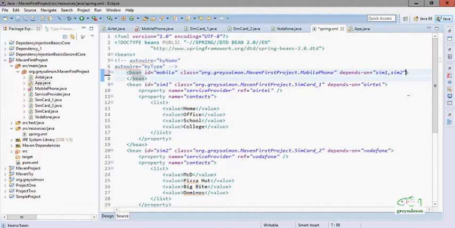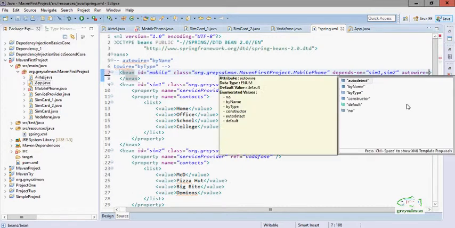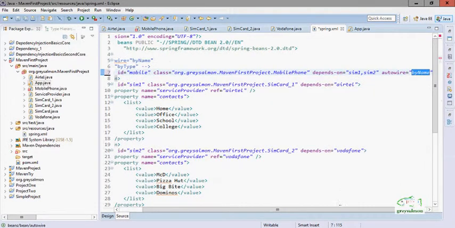What we will do here is use one attribute, autowire, with by name. There are a lot of options which we can use in autowire: autodetect, by name, by type, constructor, default, but here we will use autowire by name.